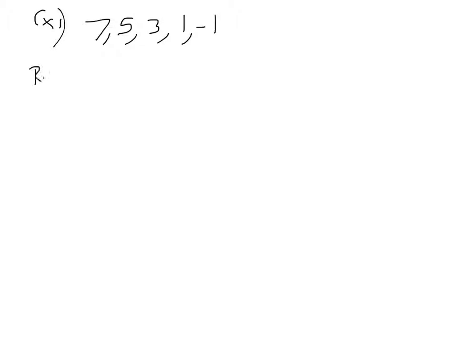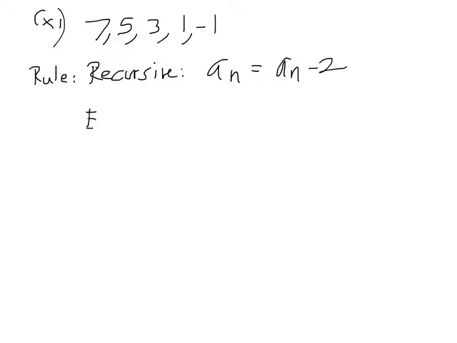So the rule, okay, clearly what's happening is we're subtracting 2 each time. So a recursive rule is easy, right? The next term is found by taking the previous term and subtracting 2. But now to get the explicit rule, which is better,